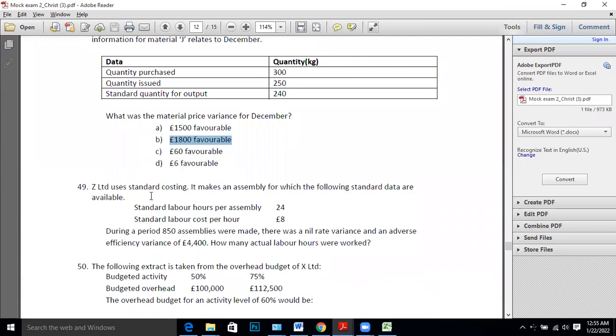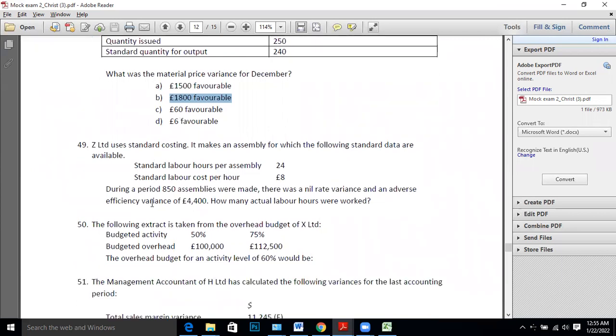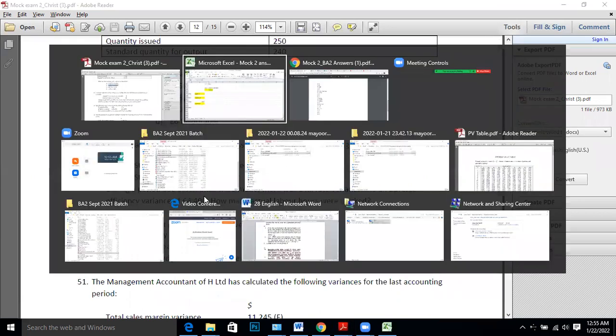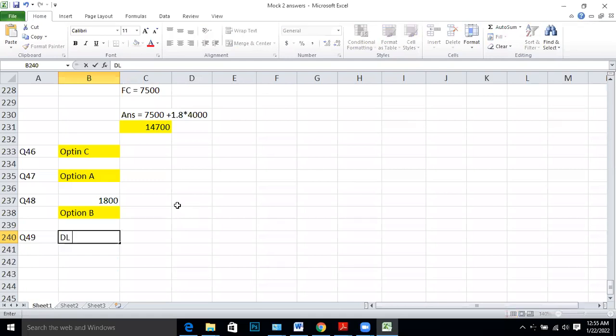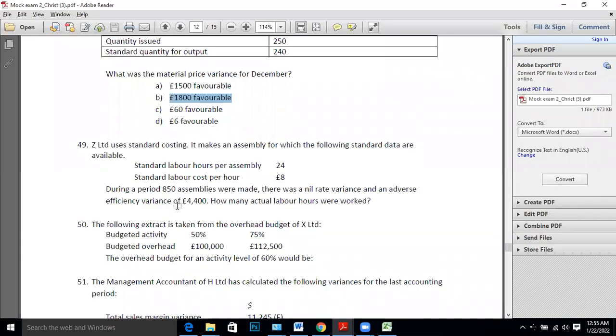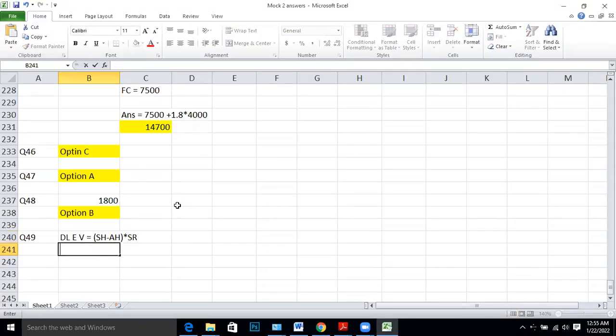Limited uses standard costing. It makes an assembly for which the following standard data are available. Standard labor hours 24, labor cost per hour 8. 850 assemblies were made. Nil rate variance, adverse efficiency variance, actual labor hours. They are given both variances, right? Let me start with efficiency variance. Direct labor efficiency variance is standard hours minus actual hours into standard rate. How much is the efficiency variance? 4,400 adverse, minus 4,400